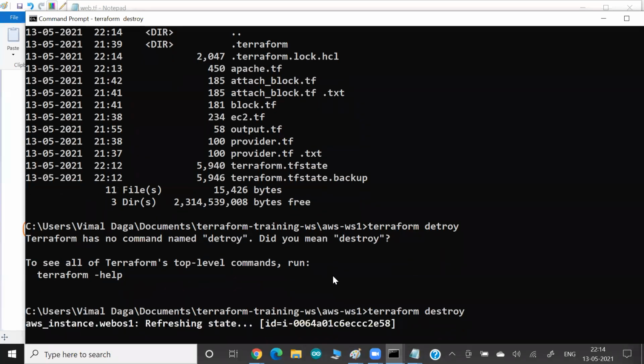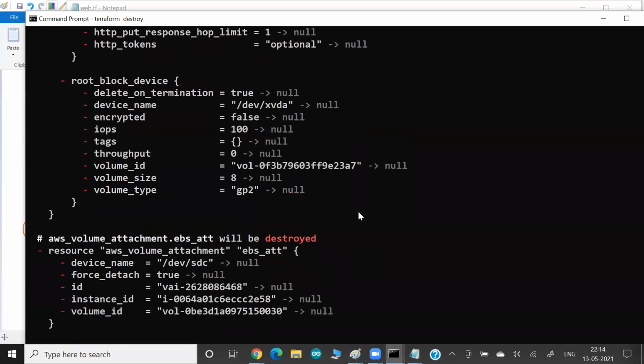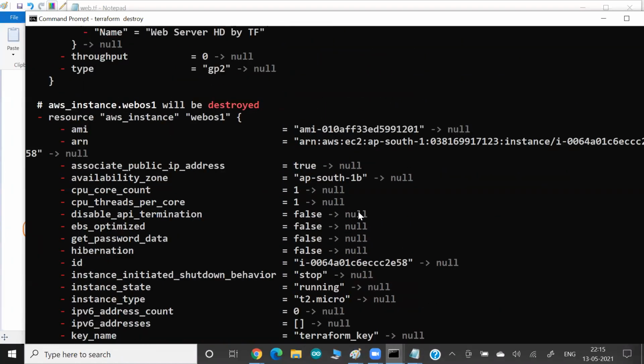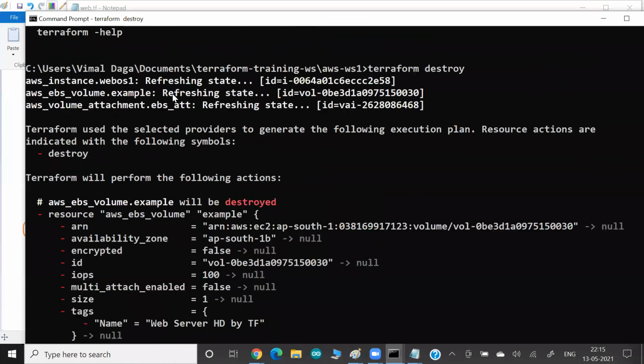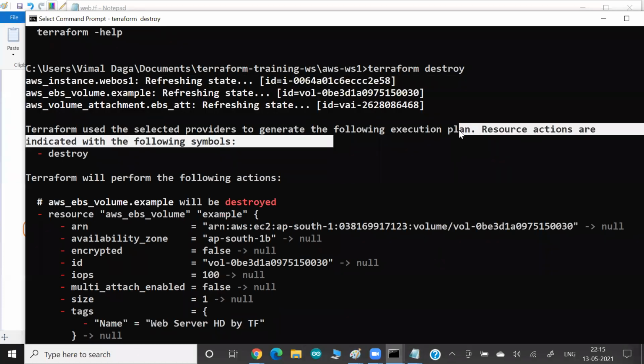they will go to the TF state file, and before they go to the TF state file, they always refresh. There might be some chance that somebody manually updated something, so they go and refresh the state on the cloud and update their local TF state file. They found everything is clean. They found 3 resources running. They create an execution plan. Now, interesting thing, guys, here is